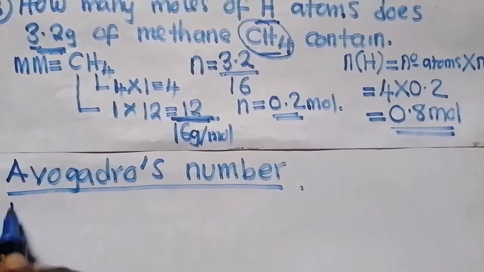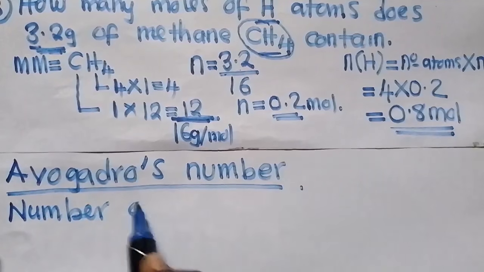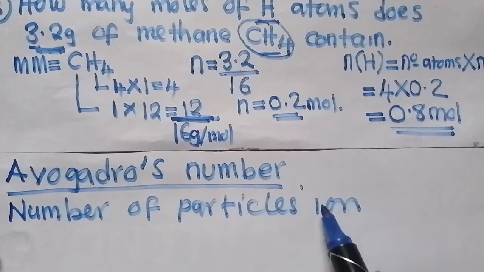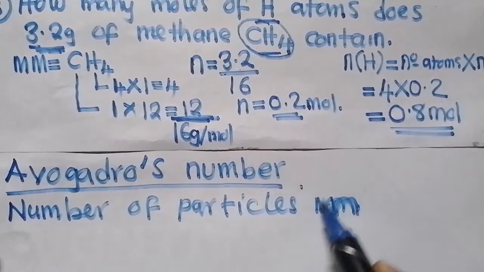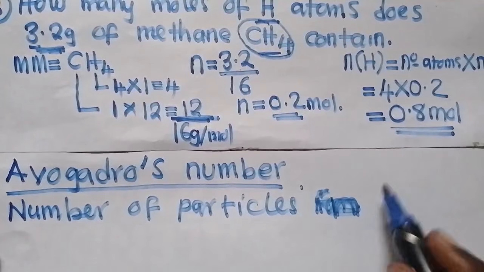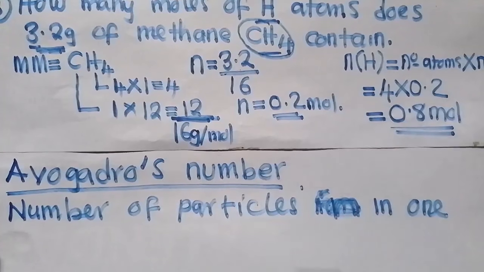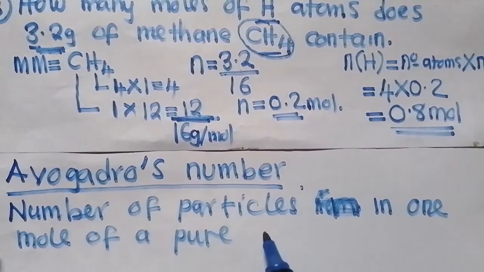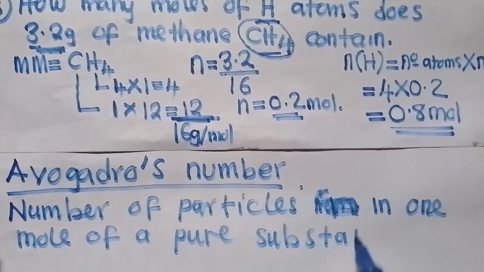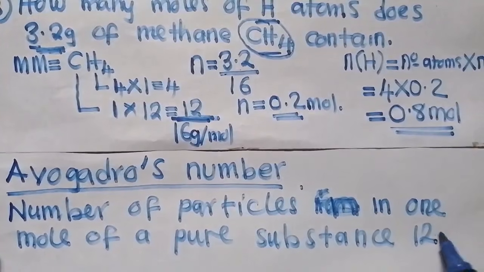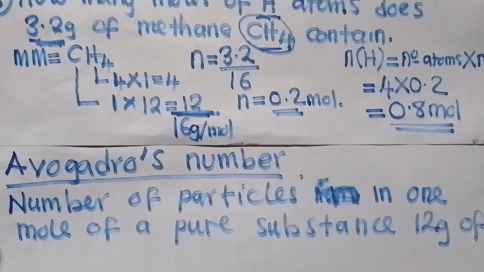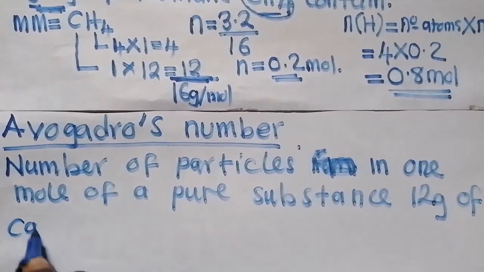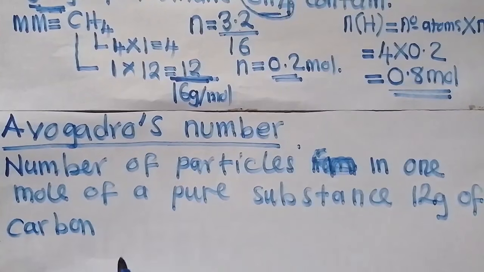This is just the number of particles. The number of particles in 1 mole of a pure substance, which is 12 grams of carbon. 12 grams of carbon contains